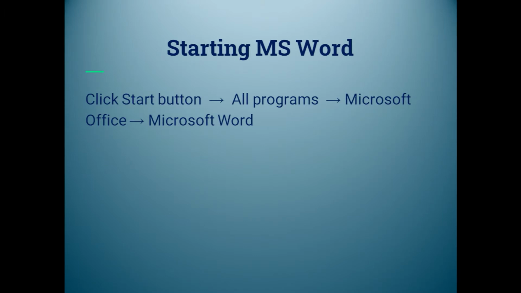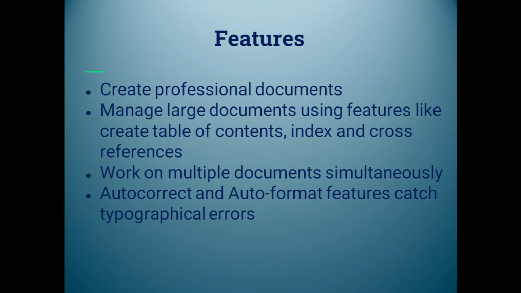If you have Microsoft Word, whatever version you have, suppose it is 2007 or 10 or whatever version, you can just open that version. We are discussing the Microsoft Word 2007 version now, but if you have the recent or updated version, it's no problem, you can use that version. The main basic features will remain the same. The advanced versions will have more features. So, the interface will have a little bit of difference, but most of the features will remain as they are. So, we will discuss the features of Microsoft Word.